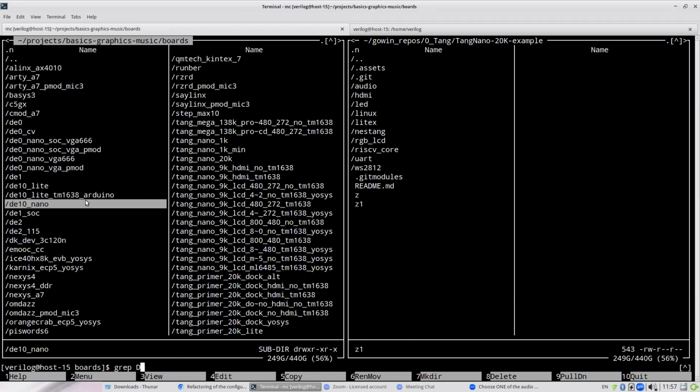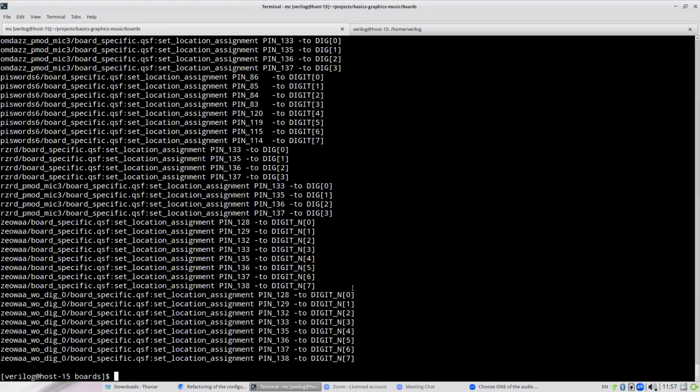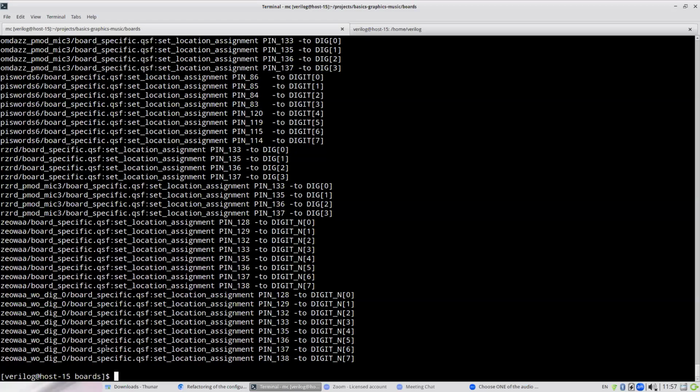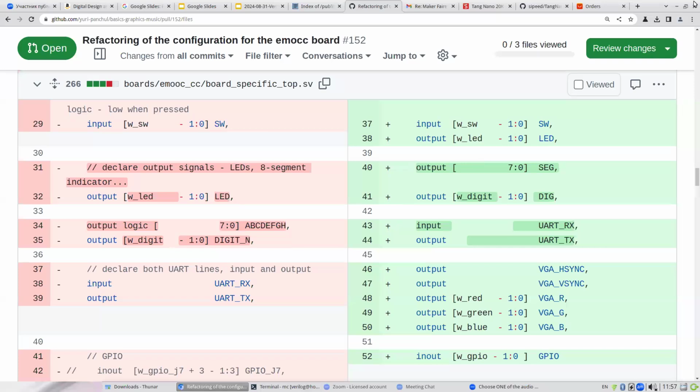Maybe the Yet and Light. Yes, yeah. So we have in Zero we have digit N. Ah, this is in RZ. So in RZ we have digit, in other boards we have digit, in Zero we have digit N. And in AMDAS we have digit. So you practically just wanted to follow AMDAS. But I think we should undo it, because if you go to